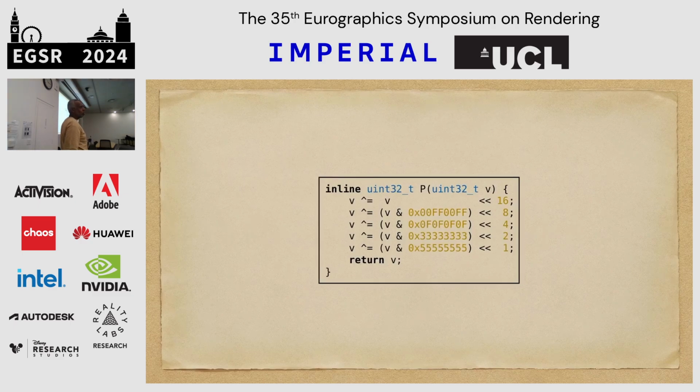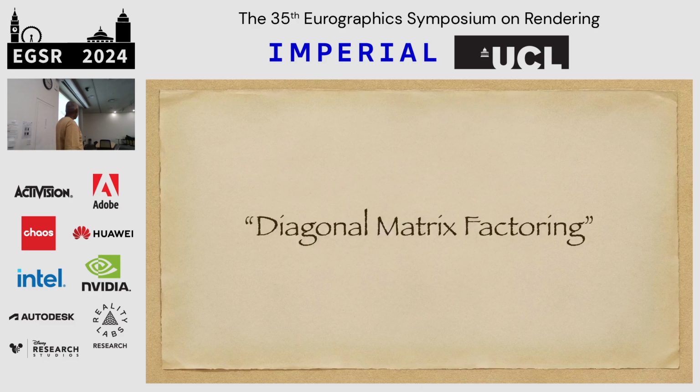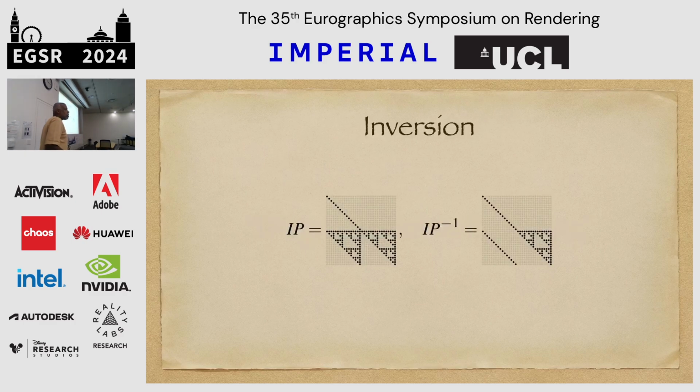So it reduces to these 5 steps. So this is the first Goldman. And from this we learn a new concept, which I call diagonal matrix factoring. If you can factor any binary matrix by diagonally running matrices, then you can achieve these performance improvements. For the inversion matrix, we need to do the same because it's a real bottleneck